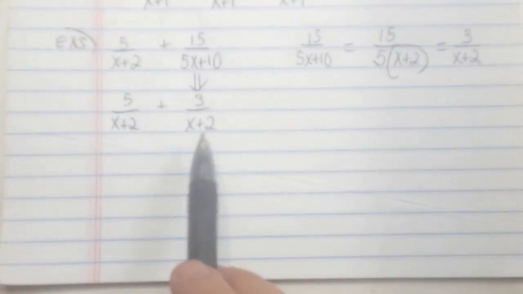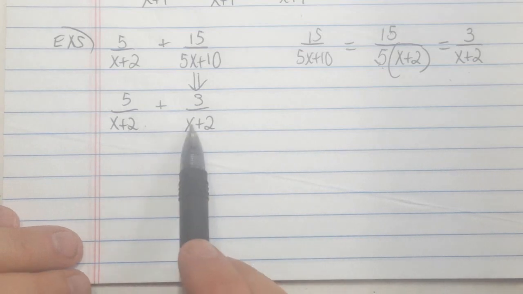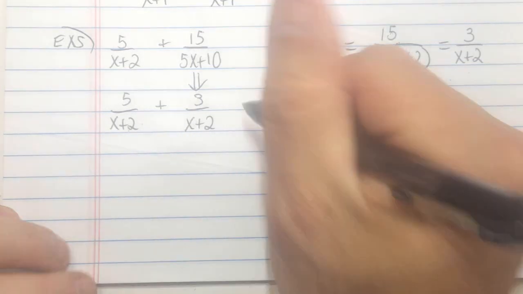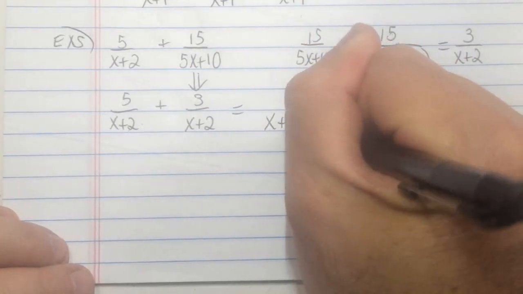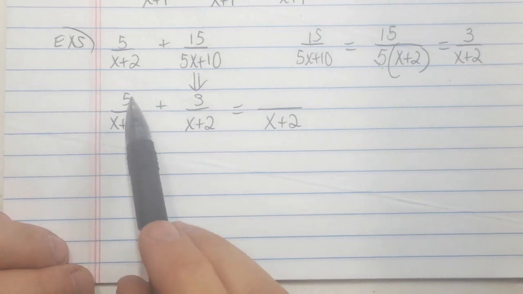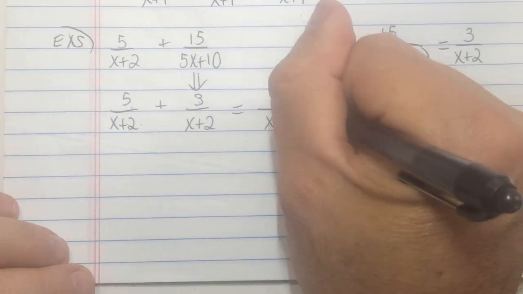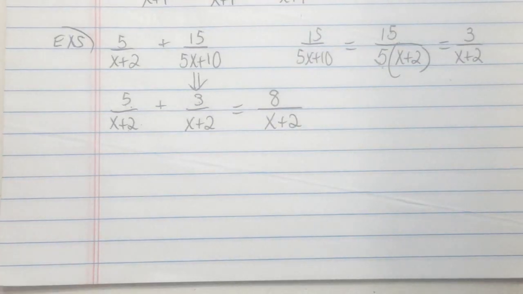And when I do that, you'll notice now we have common denominators. Okay, and once we get that, now we can add them together the way they are. We keep the x plus 2, and we just add the numerators. What does 5 plus 3 give me? 5 plus 3 would give me 8, and I am done with that problem. So again, guys, this is kind of going to be